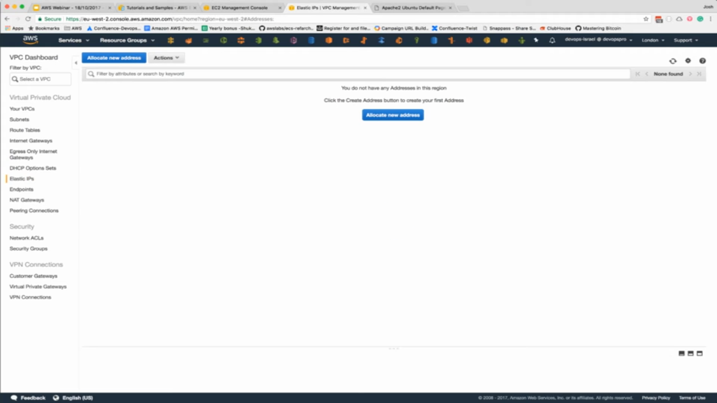Elastic IPs are static IPv4 IPs that we can assign to machines, EC2 machines. We can assign them to NAT gateways. We can see endpoints. We can see NAT gateways. We can create a managed NAT gateway by Amazon, so we don't need to manage the machines with the NAT and route traffic. Amazon does that for us. And the last thing about VPC, I know I said that we can create